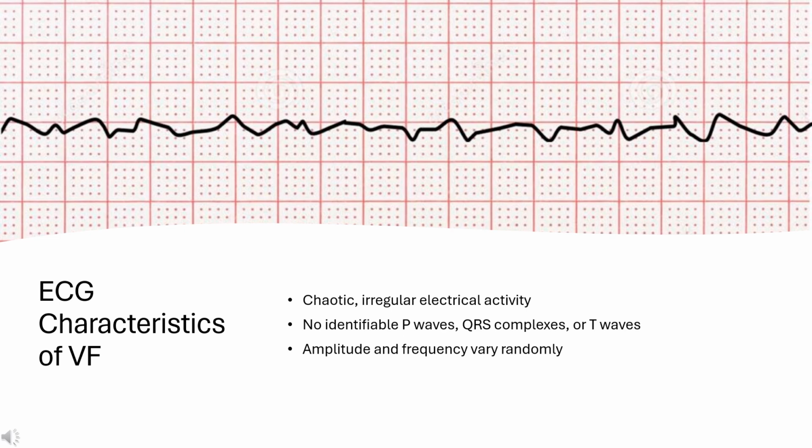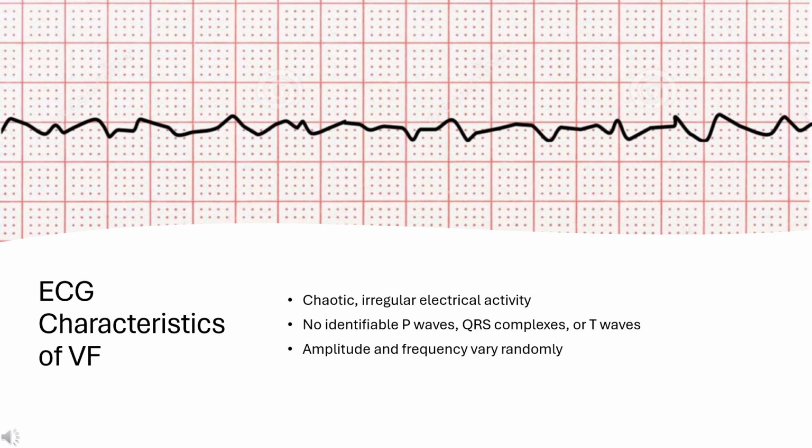This chaos reflects the multiple, erratic electrical impulses firing from different areas within the ventricles. This disorganization means the ventricles are quivering instead of contracting in a synchronized manner. The absence of organized contractions leads to no effective blood flow, which results in the immediate cessation of circulation known